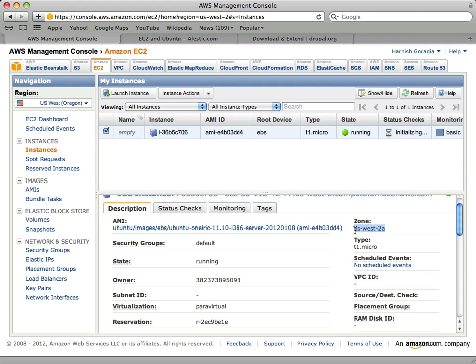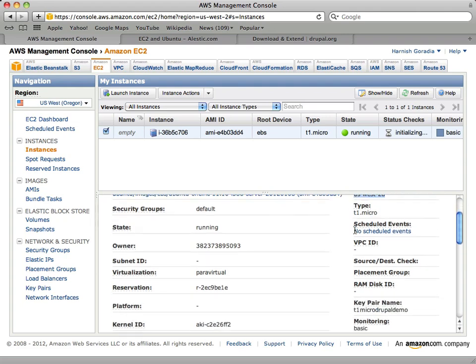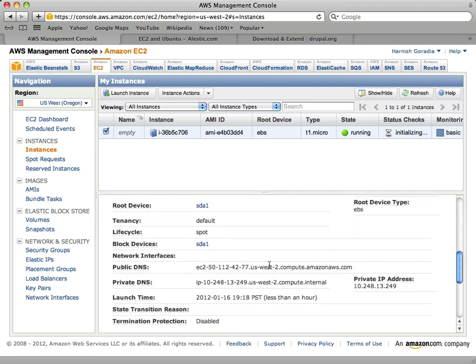So when I start my MySQL server, I will have it in that zone. It also tells you something else, very important. This is the public IP of that machine for you. Okay? Right? So you need that.